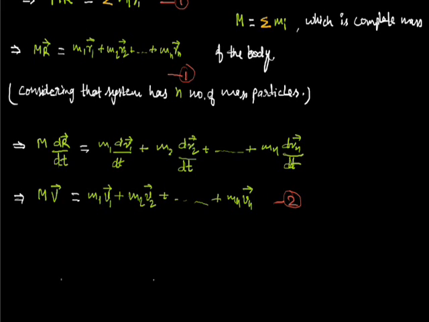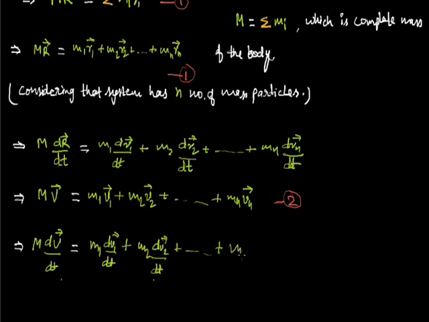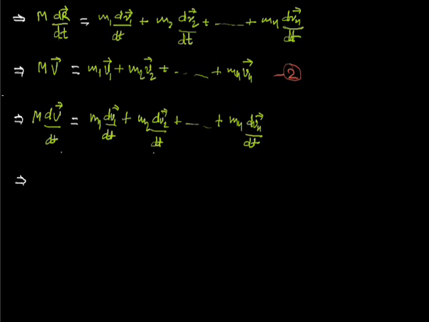So again, on differentiating, M dV by dt will be equal to m1 dv1 by dt plus m2 dv2 by dt, up to the nth mass particle mn dvn by dt,